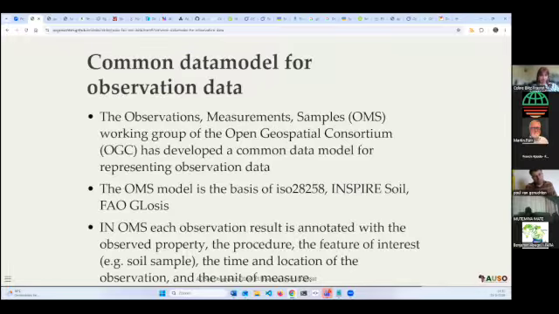So all these aspects are more or less packed into the data, which is a precondition later to harmonize the various data sets from the various sources.